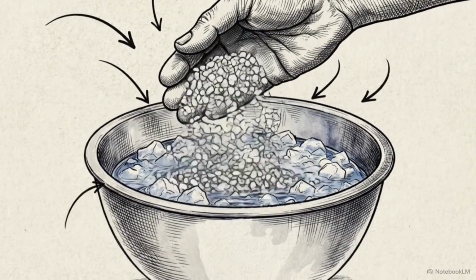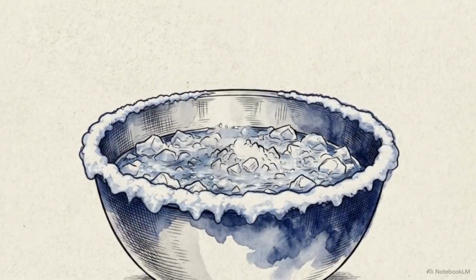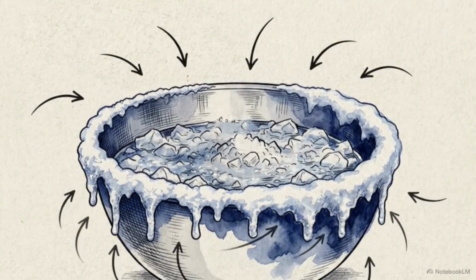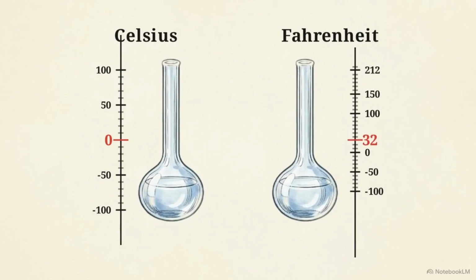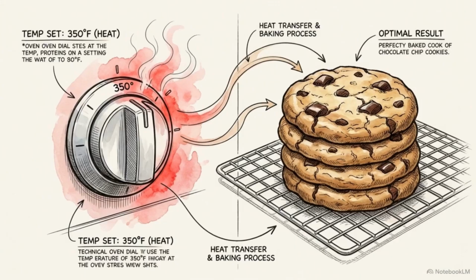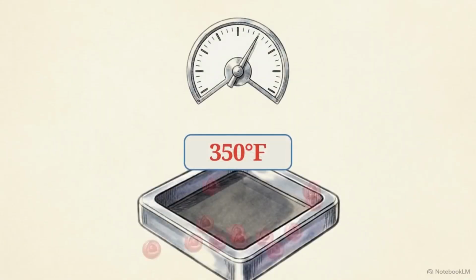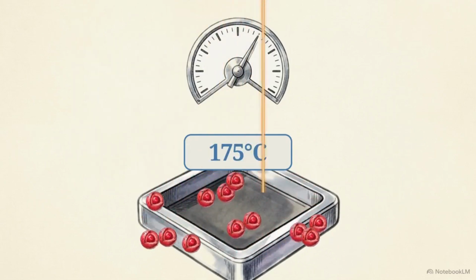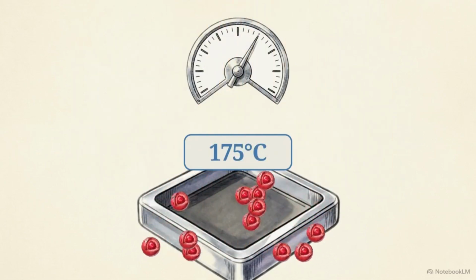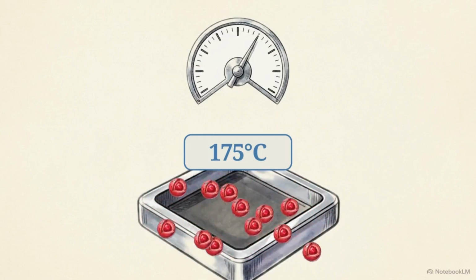Around the same time, physicist Daniel Gabriel Fahrenheit was promoting his own competing measurement system, choosing a different physical anchor for his 0 point. Instead of pure water, Fahrenheit used a specific mixture of water, ice, and salt. Because this brine freezes at a lower point than pure water, his entire numerical scale is offset from the Celsius system. This explains the oven paradox.